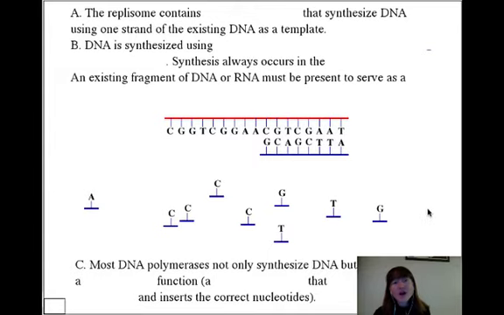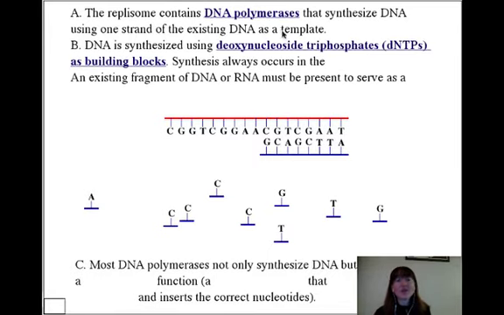What constitutes a replisome? Well, the most important thing in the replisome is DNA polymerase. In fact, DNA polymerase 3 is the name of the enzyme that is actually doing a majority of the synthesis of DNA. So we're going to call it DNA pol 3. DNA pol 3 in prokaryotes does a majority of the making of DNA. And it is incredible. This is a wicked fast enzyme. I'm talking about speeds of 750 to 1,000 base pairs per second,